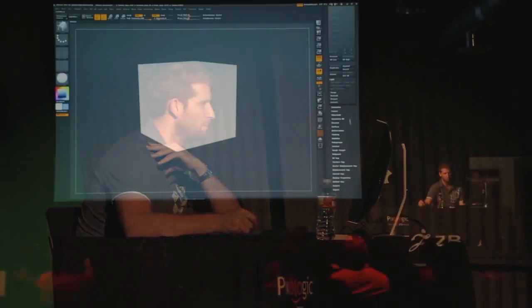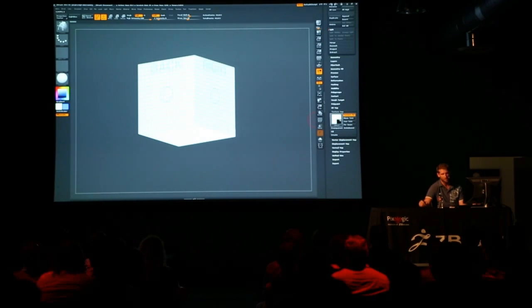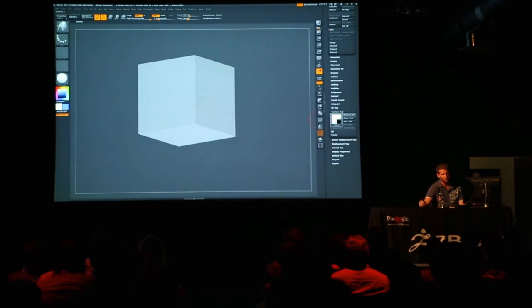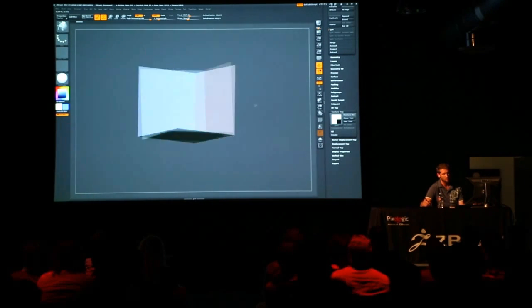Using it on a shadow box. Okay, so now I have my shadow box, which you guys are all probably used to by now, right? I like to work out of perspective mode, sometimes work in a shadow box. By default, this is going to have a texture on it, okay? But if I turn my grid on, you can see that it's kind of matching up my shadow